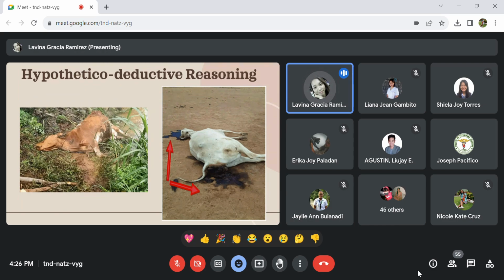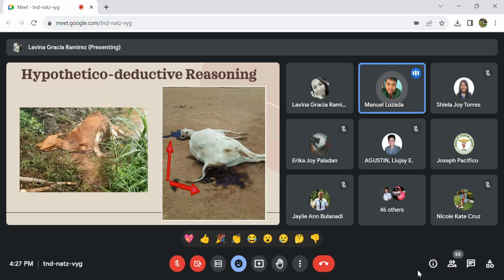What about Mr. Losada? Doc, para sa akin, since yung positioning ng body niya, Doc, is stiff. Sabihin mo muna kung saang picture. Yan po, Doc, may red na arrow. Right po ba? Okay, dito right muna tayo. Doc, sa positioning, tapos parang may muscle stiffness siya. Doc, is tetanus. Okay. Tetanus, Doc.